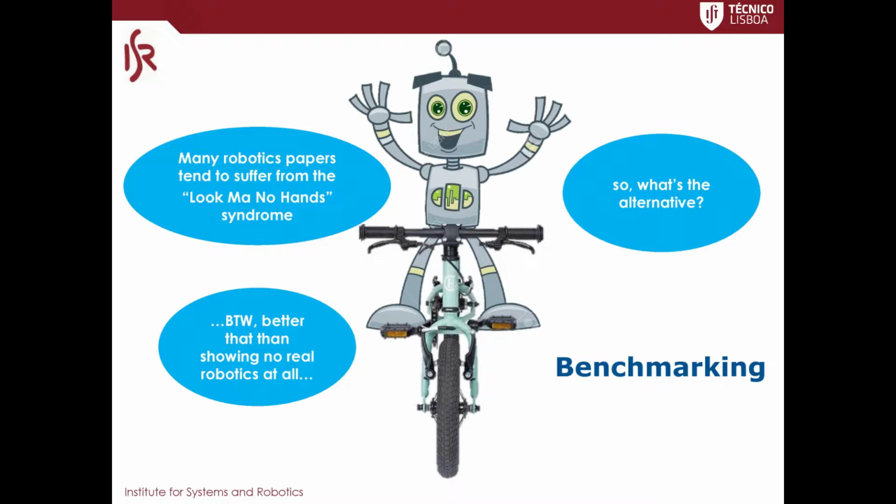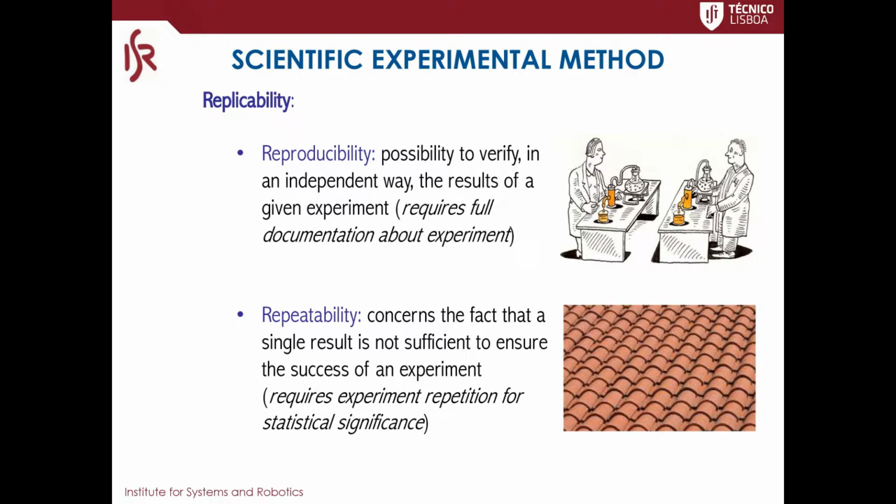But it is good to show great robots that do very interesting things, but it would be even better if we had means of benchmarking them, comparing some solutions for problems in robotics to others that other people develop. And so the alternative is what we call benchmarking. And this all comes from people that have been pursuing this quest and trying to bring into robotics the so-called scientific experimental method, where not everyone completely agrees on this